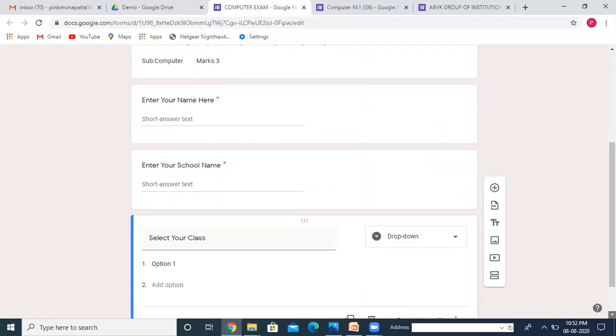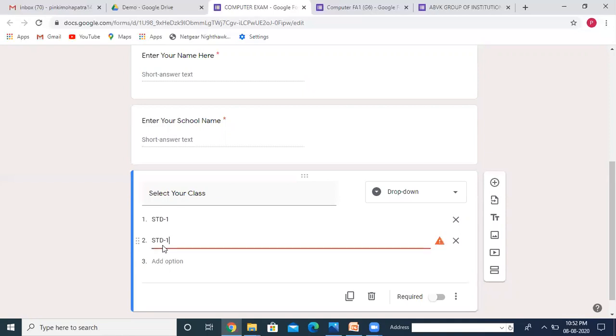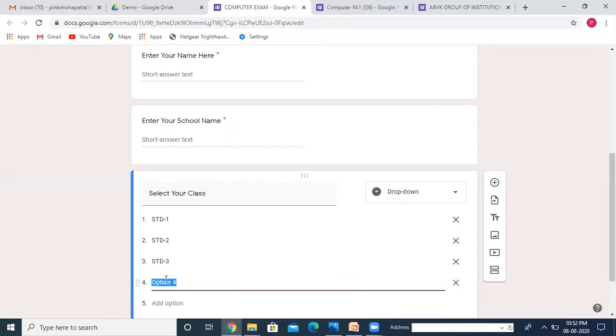After adding the drop down button, I will add the options one by one here. So all the classes I have to add like this.